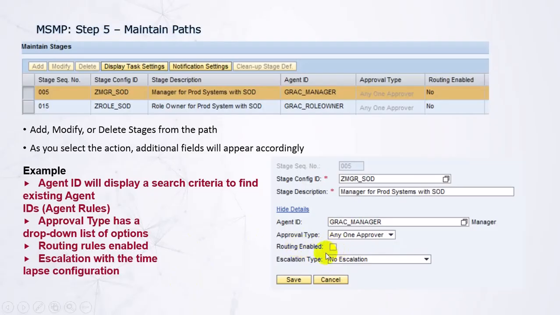In case of the escalation type, meaning the approver will not approve within a certain time, maybe 3 days or 2 days. In between, we will send reminders. We will configure reminders, that also we will discuss. We will send reminder notifications in between. But after 5 days, if the approver still has not approved the request, then, which is actually